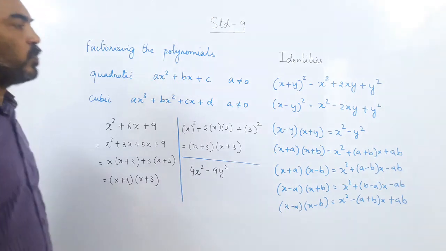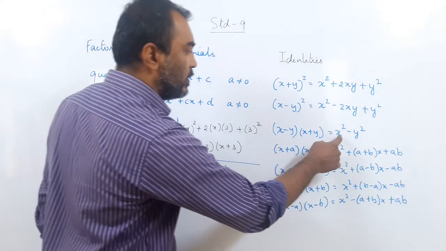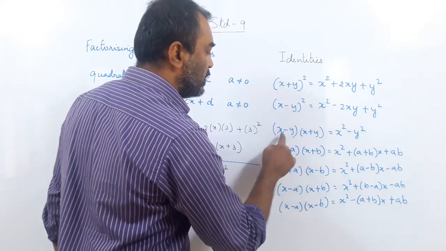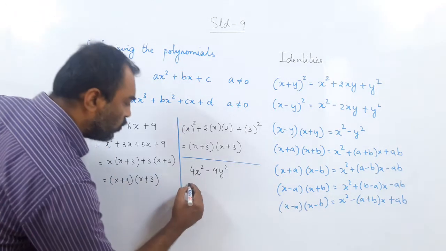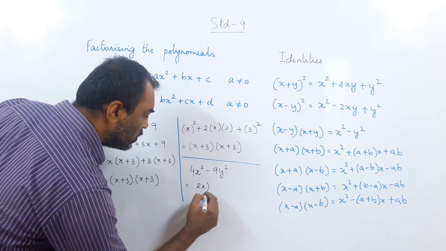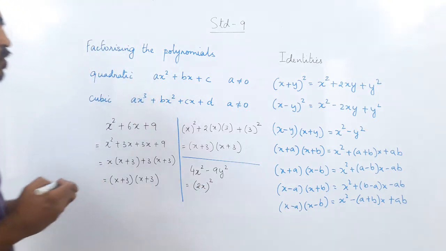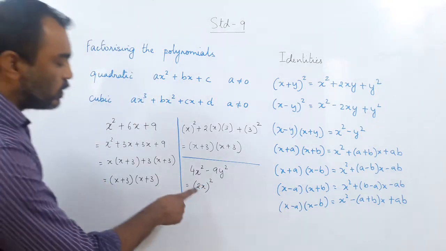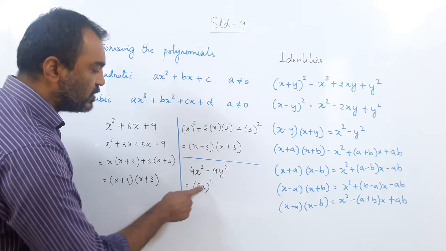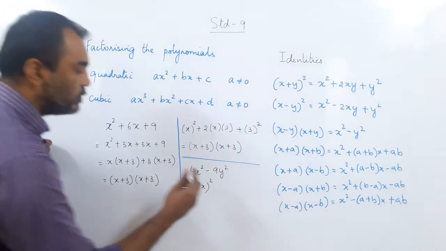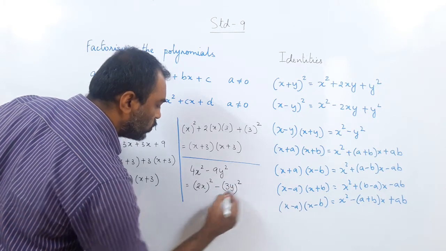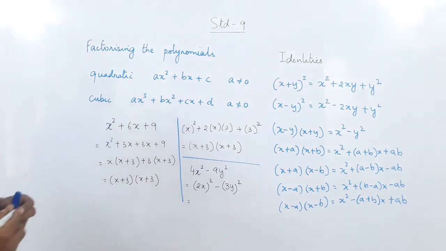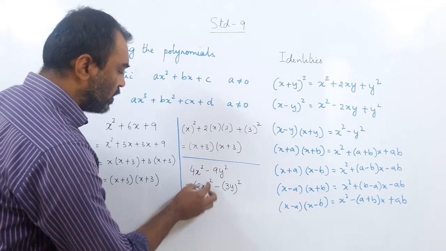So here the splitting is not possible, but we have got an identity. X square minus y square is x minus y into x plus y, which we just derived. So I can write this 4x square as 2x the whole square. Yes, laws of exponents. You know what 2x the whole square is? Because 2 square is 4 and x square is x square. So I wrote 2x the whole square minus 9y can be written as 3y the whole square. Clear? So 2x the whole square minus 3y the whole square. Now imagine this whole number is one number.